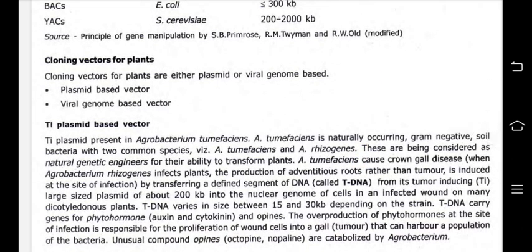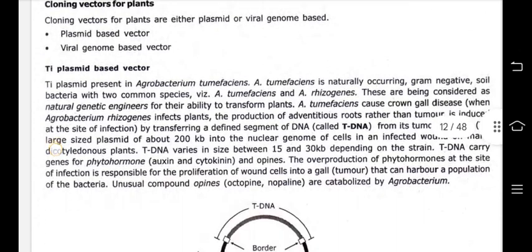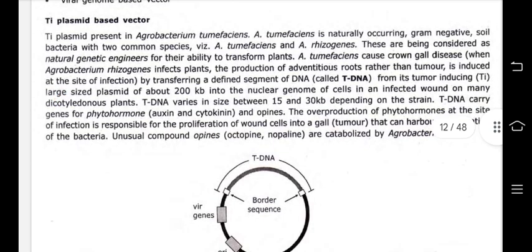Cloning vectors in plants. Another topic. Cloning vectors for plants are either plasmid or viral genome based. Plasmid based vector, viral genome based vector. These two types are there. So the Ti plasmid based vector. Ti plasmid present in Agrobacterium tumefaciens